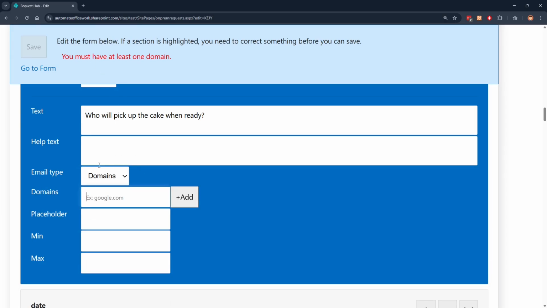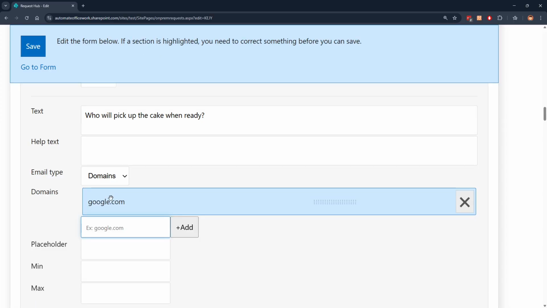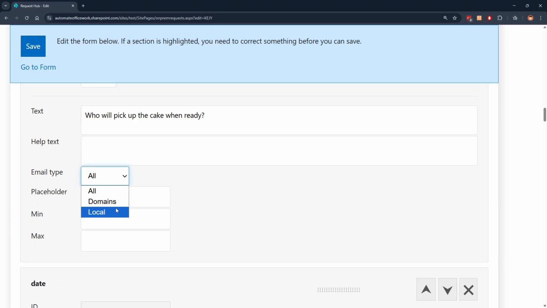I do have a bug. It's asking me to have at least one domain. Come on. I don't want a domain. Let's go to local. So if I pick local,